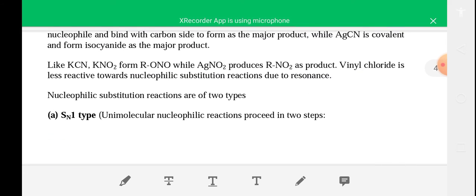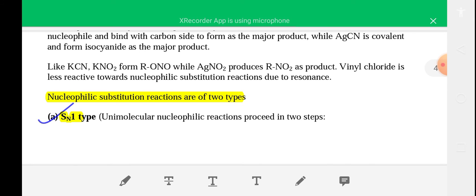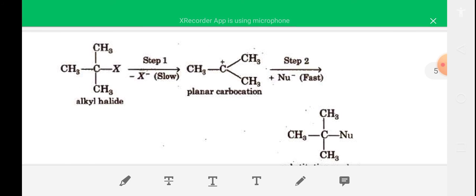And nucleophilic substitution reactions are of two types. One is SN1 type, another is SN2 type. SN1 means substitution nucleophilic unimolecular. Unimolecular means molecularity is 1. Okay, so SN1 reaction proceeds in two steps. It is a nucleophilic substitution reaction. In SN1 reaction,